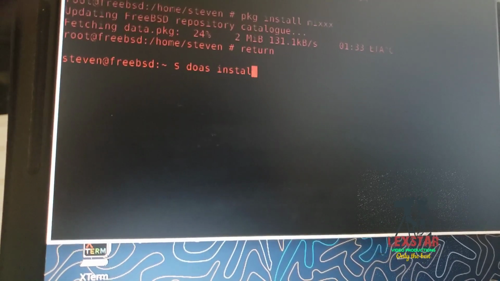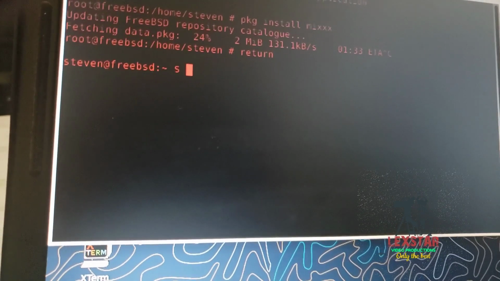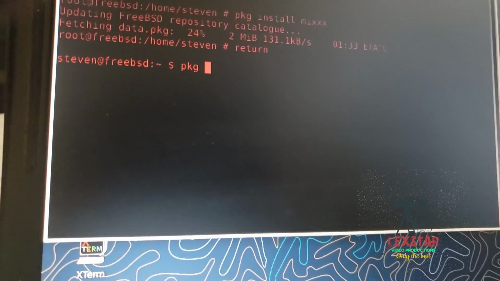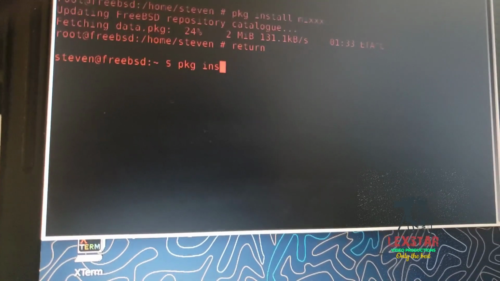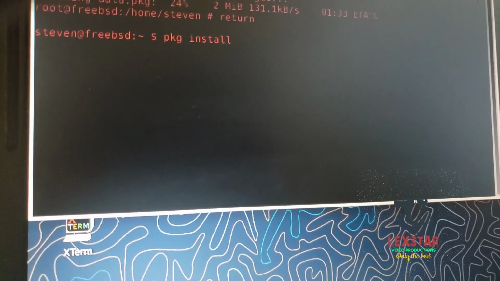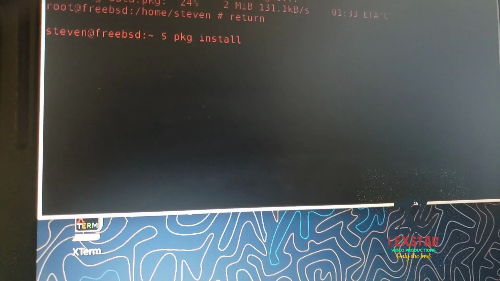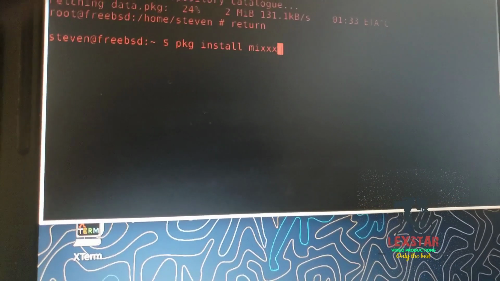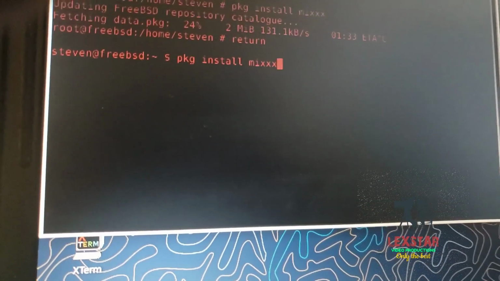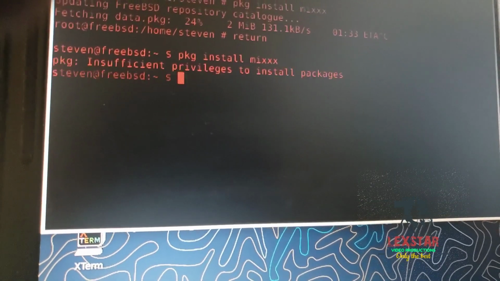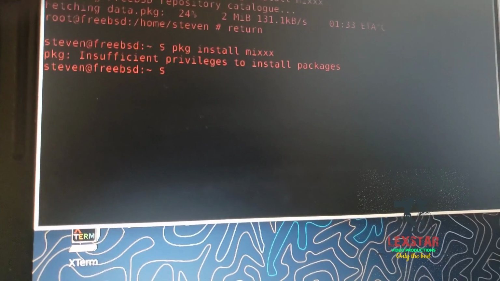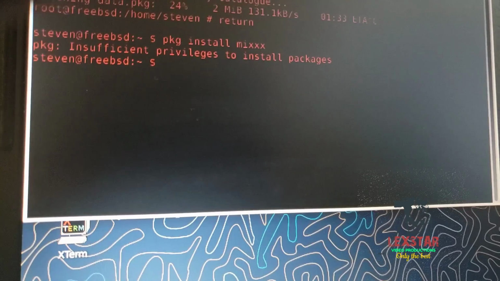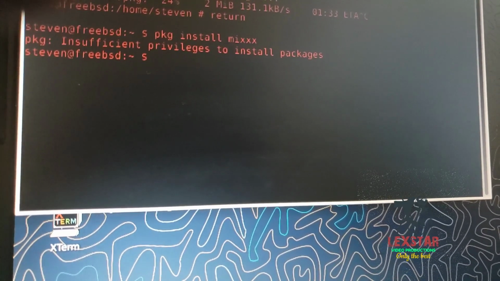All right, let me show you what would happen without using doas. If I just said pkg install mix, look what would happen. It is saying that I have insufficient privileges to install packages. But if I said doas,